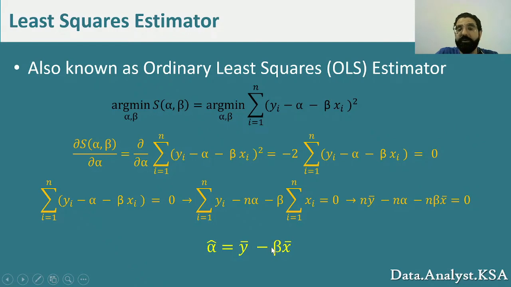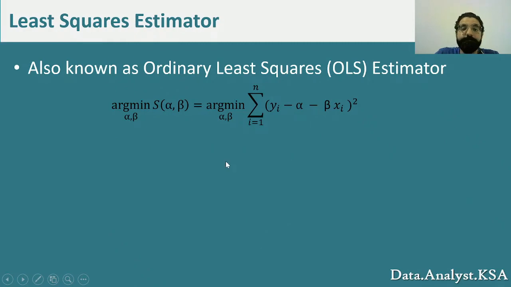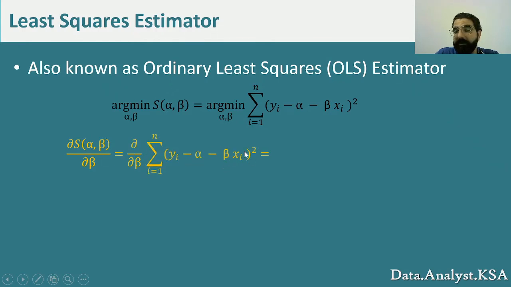Now if I do the same to find the value of beta, as you notice, beta is still here. So what we are trying to do is to find a solution for beta and then use both of these to solve a system of equations and find a value for alpha and beta that is independent of each other. So to do the same thing for beta, we take the partial derivative with respect to beta, and this time the 2 is also going to come down, and in front of beta there is a minus and there is xi, so it's going to be a minus 2, and the xi is still going to be inside, but it's going to be outside the parentheses, and I'm multiplying it by this term inside.